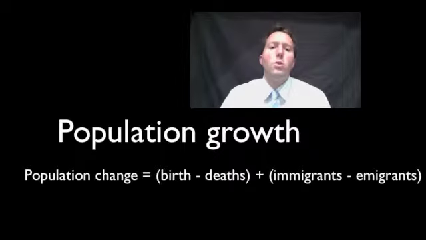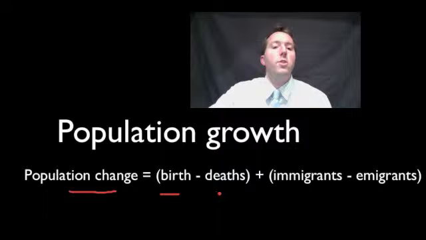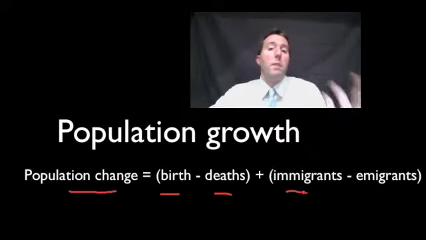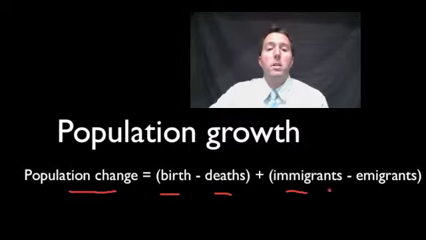So ecologists also study populations of organisms and how those populations, the numbers, change over time. And really when they're doing that study, they're looking at this population change formula. Which is basically, if you have all of the births and you take away the deaths, and then you add to that all of the immigrants, which are the people who are coming into the area or the population, and then you take away the emigrants, the people who are leaving, well, that will give you the total population